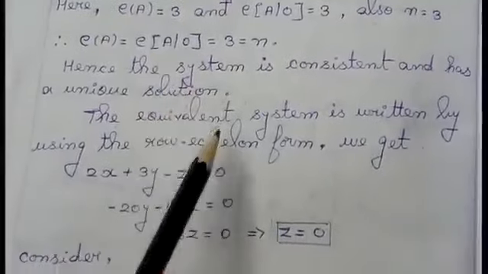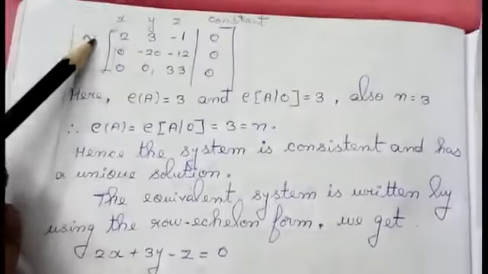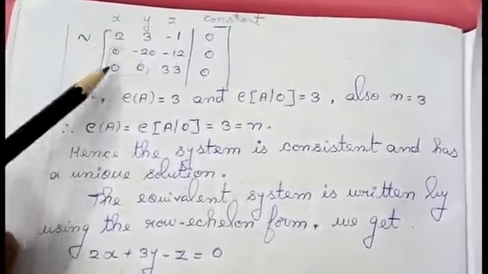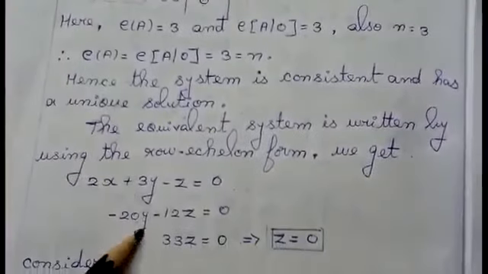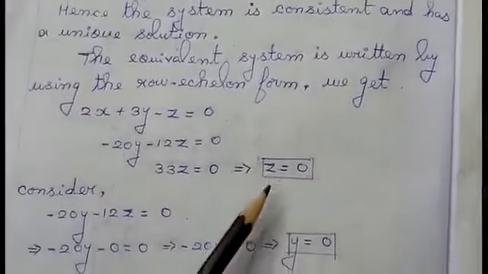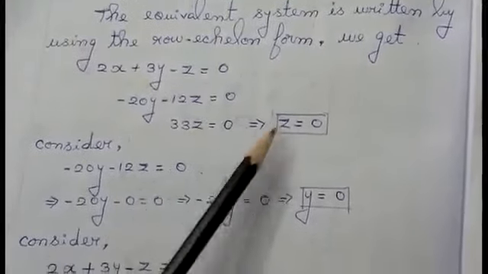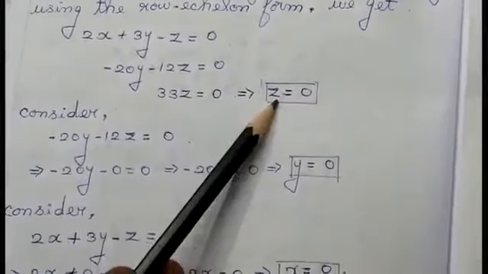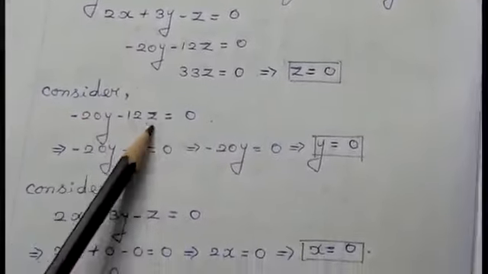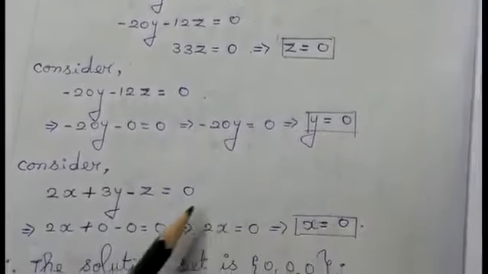Since it has a unique solution, I am replacing the matrix in equation form. That is first equation, second equation and third equation I will be getting in this form. Z equal to 0. Just using the back substitution method I am calculating. I am going in reverse order. First I am finding the z value. I am getting the answer as 0. Second, I am taking the second equation. Substitute the value for z. I will get the answer y equal to 0. I am taking the first equation.